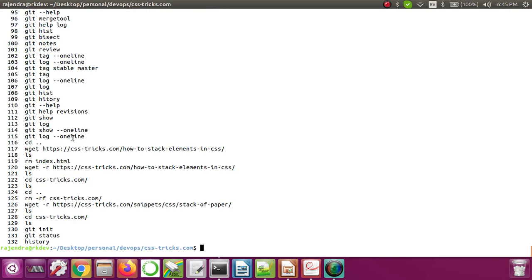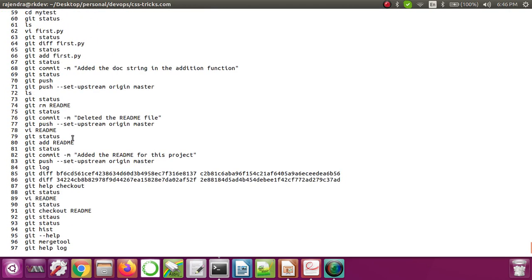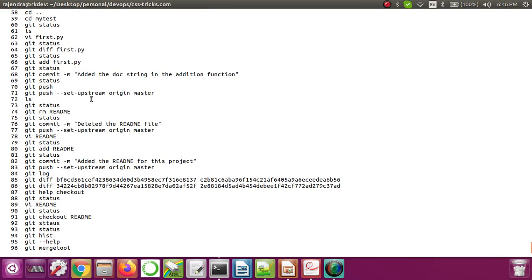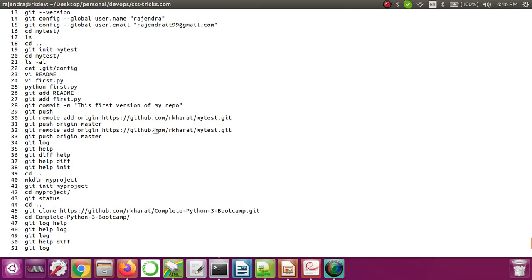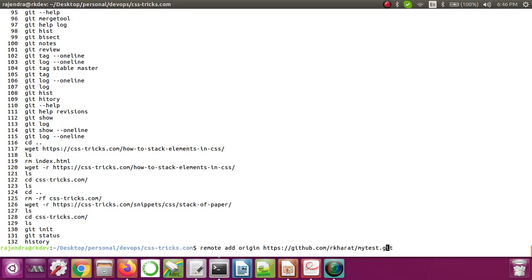So how can we push this? We already have seen how to do this with the help of git push --set-upstream origin master. Also, we have to create this repository on the remote repository as well. Let me copy this first. I'll give the name as csstricks.